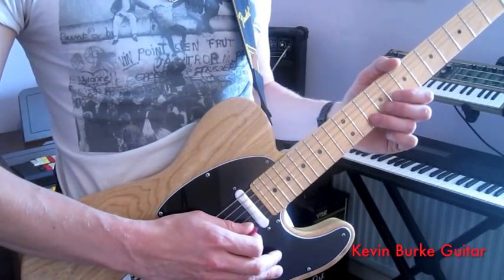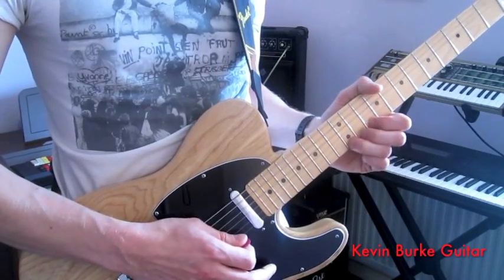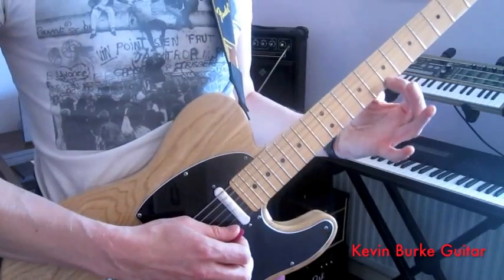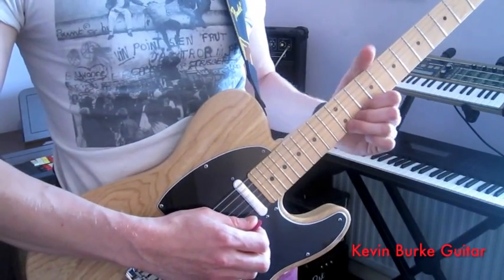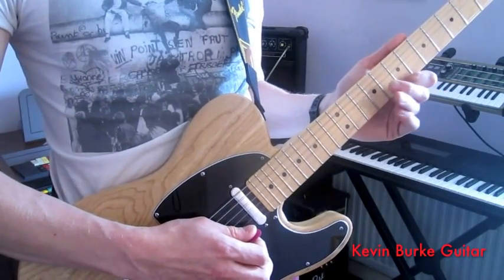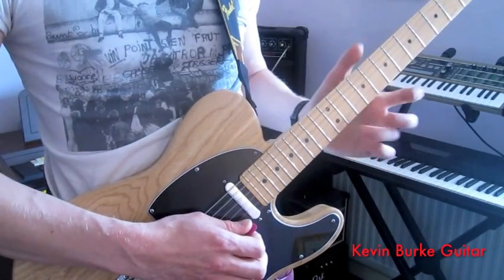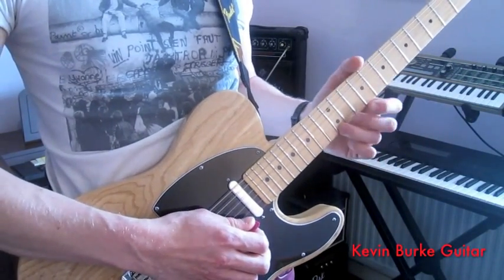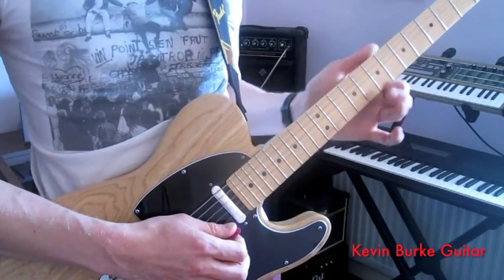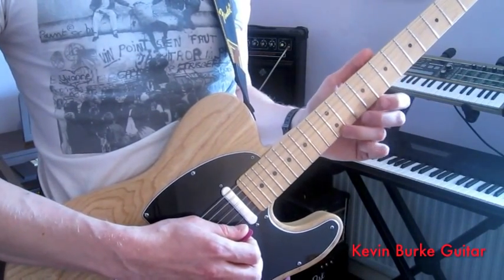So here's that whole section. And there's a little bit of a slide off from that note. Okay, section 3 begins on fret 7 on the E, and you're going to let the slide off from section 2, you're going to let that 7 take over that slide, so it's a slide off. You don't want to come too far down, you don't want to go to a direct fret position, you're not trying to sound another note, you just want the flow of that 12 coming off and then take over with the 7. So you'll probably be sliding off with your third finger, begin section 3 with your first, so it's kind of